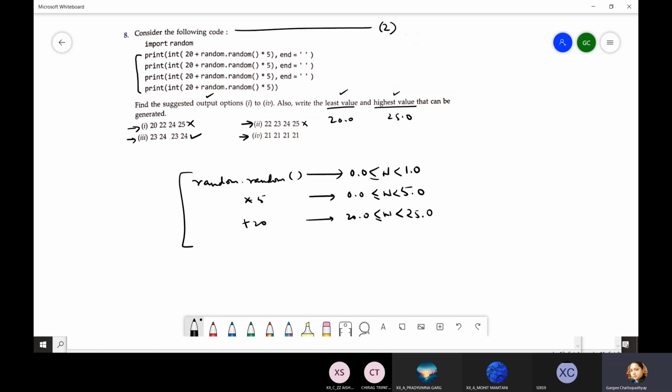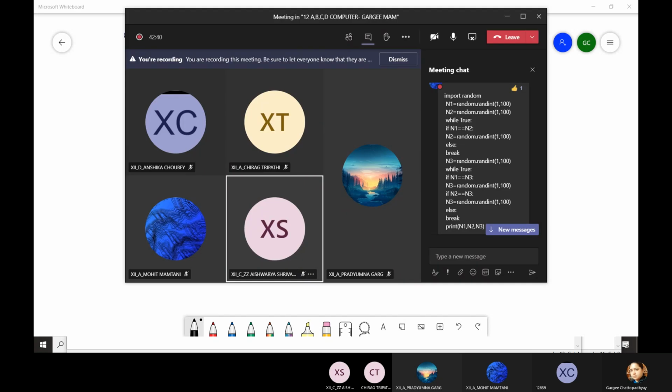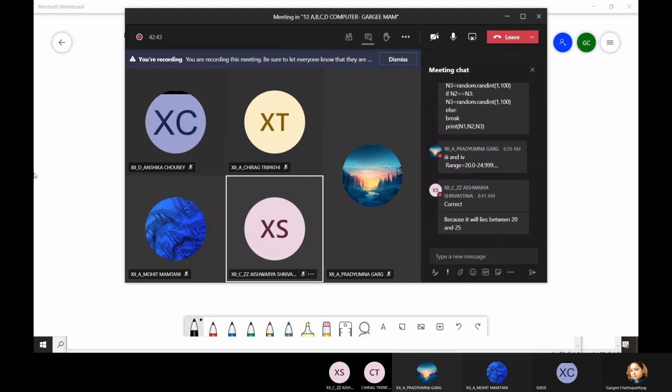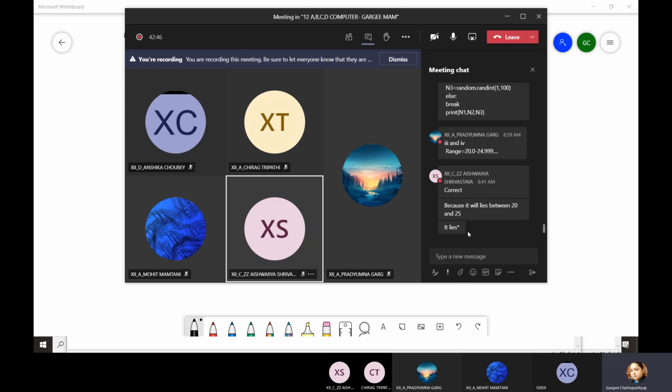Can it be considered as the correct option? Yes, very good, Aishwarya.